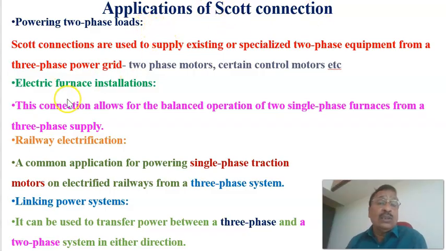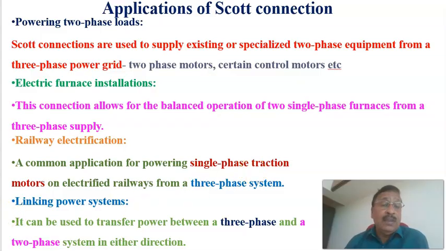The second application of the Scott connection is the electric arc furnace. The connection allows for the balanced operation of two single-phase furnaces from a three-phase supply. Arc furnaces can be operated by using the Scott connection method of generating two-phase. The third one is railway electrification. A common application is powering single-phase traction motors on electrified railway lines from a three-phase system. That is, from a three-phase system, it can generate two single-phase supplies by using the Scott connection that can be used for railway